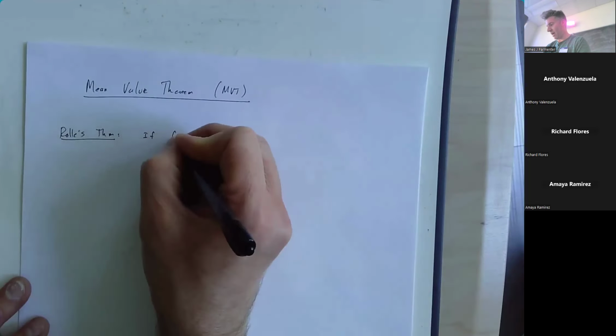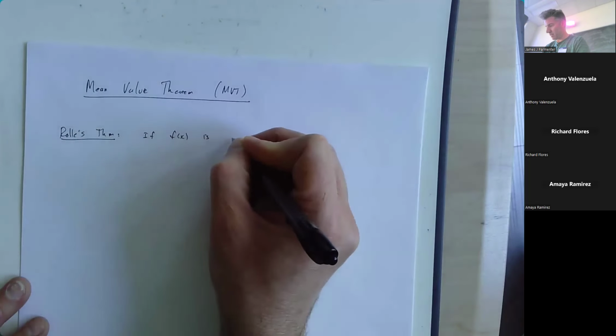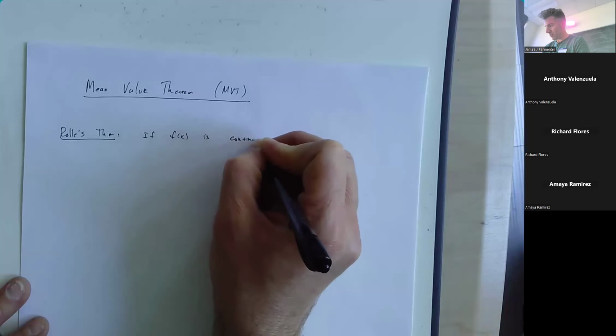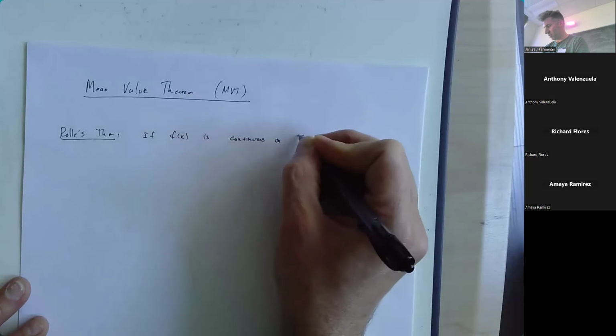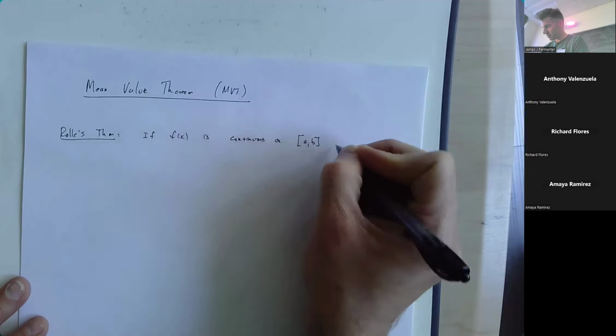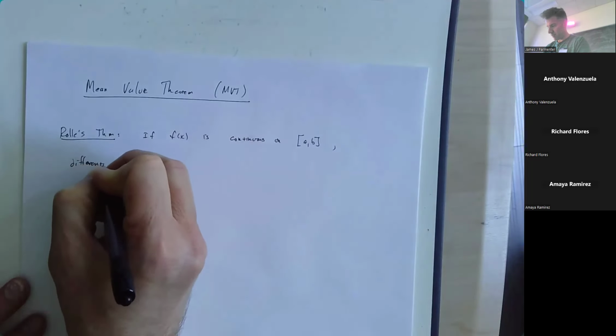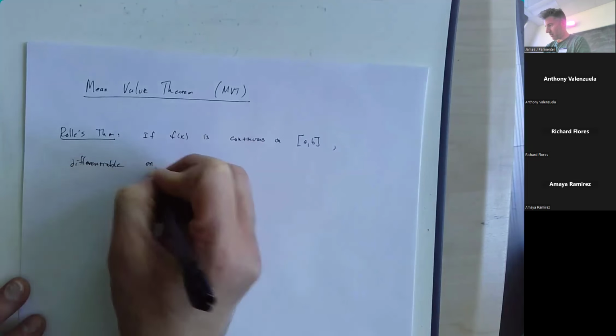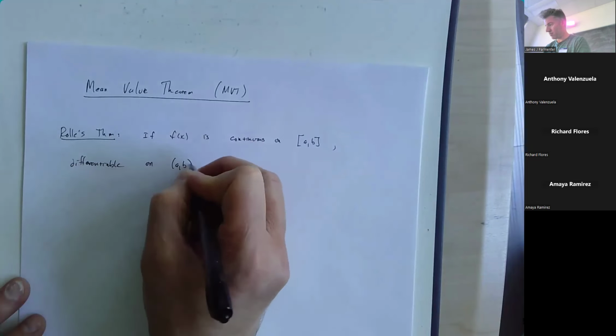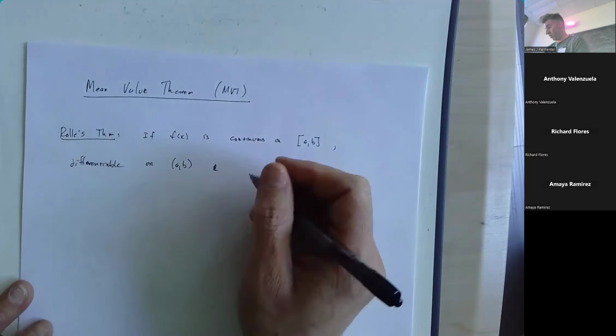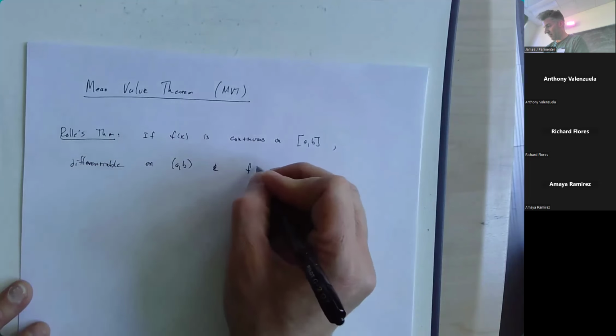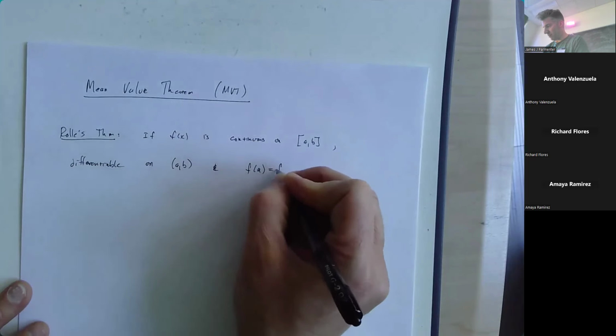If f of x is continuous on some closed interval, differentiable on the same open interval, and for Rolle's theorem, f of a is equal to f of b,